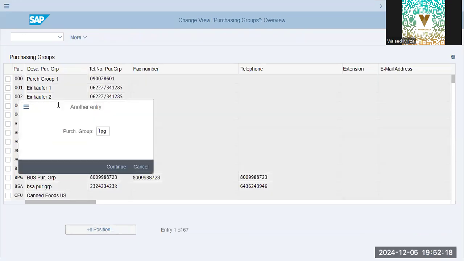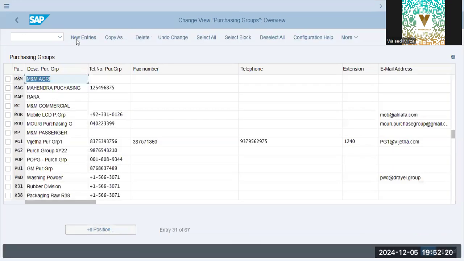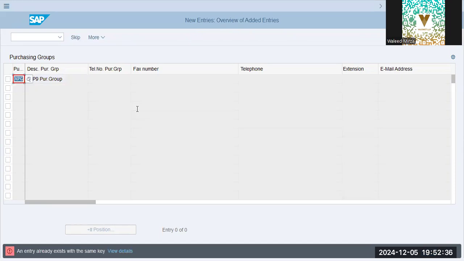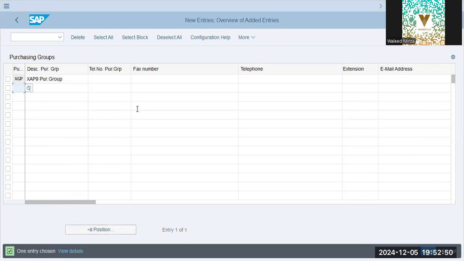LPG. Okay. Oh, sorry, XPG. Okay. Zinc group. XGP. Okay. Two. So we have